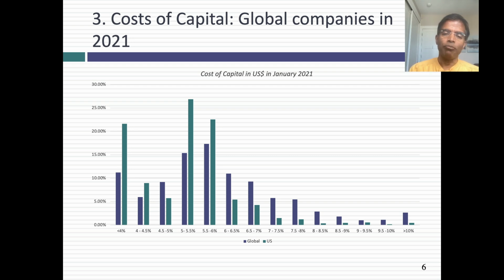And in this distribution, I've put up a histogram. And this is something we're going to come back to. Histograms are always my starting point for depicting data for both US companies and global companies. Again, you have a little bit of a positive skew in the distribution, but not as pronounced as the PE ratio. But you see, for instance, that with US companies, you have quite a few companies with very low cost of capital. Some of this might just be the way I drew the histogram, but clearly the data here is much more difficult to decipher than PE ratio data.